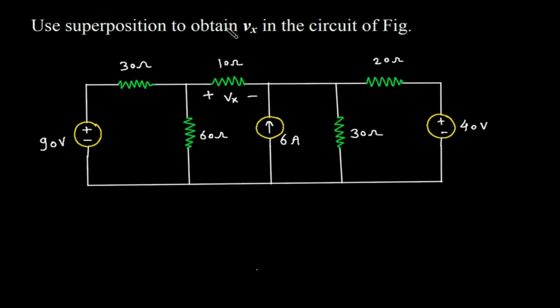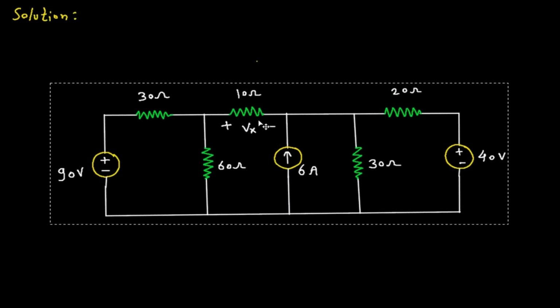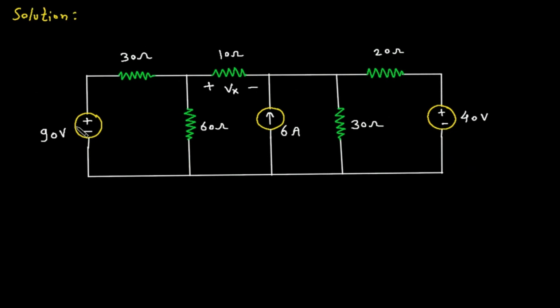Use superposition to obtain Vx in the circuit of figure. We have to find this Vx in this circuit using superposition theorem. Solution. First of all, we will redraw the circuit. Now, as we can see, there are 1, 2 and 3 independent sources. So, let's say Vx is equal to Vx1 plus Vx2 plus Vx3, where Vx1, Vx2 and Vx3